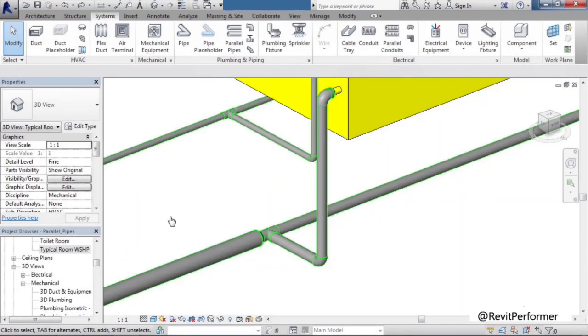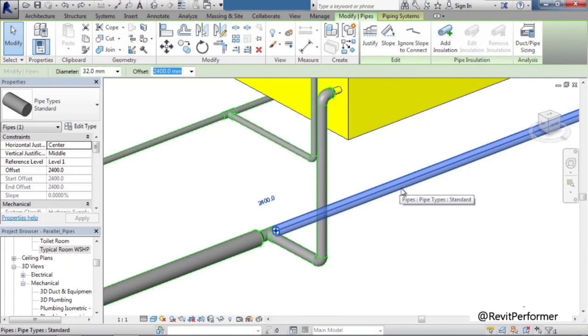This lesson will cover modifying pipes. So if we want to modify a pipe, let's first select a pipe within one of our systems. Let's choose a pipe on the right. Now when I choose this pipe on the right, I see a variety of options on the ribbon to the upper right. One is slope.